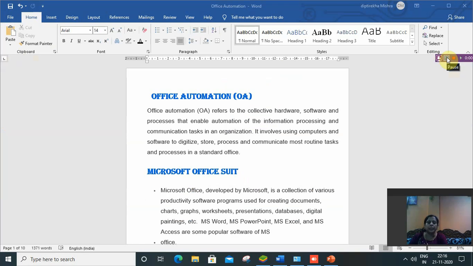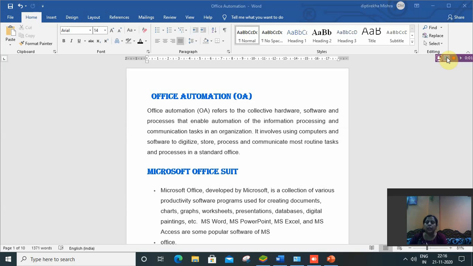So let us discuss office automation. What is office automation? Office automation refers to the collective hardware, software and processes that enable automation of the information processing and communication tasks in an organization. It means a combination of hardware, software and processes that enable automation in the office for data processing, data storing, data retrieving.